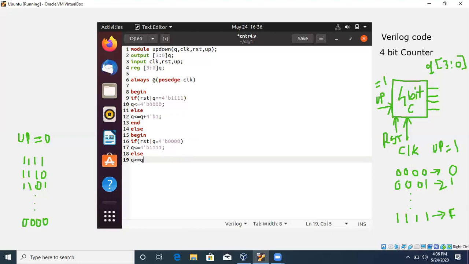So when it is acting as a down counter, we have to decrease the output by 1.